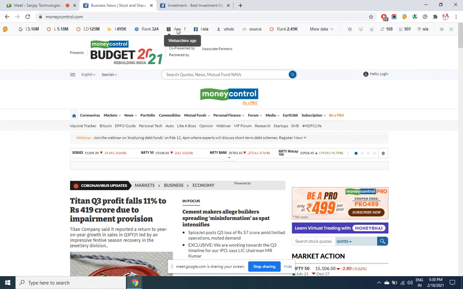Then is the age. Here it is not working. Maybe I have to update the SEO Quick. This is a 4-5 months old tool which I installed long back. Age will tell you how old the website address is. Now Money Control is from 2006. So what significance has it got?